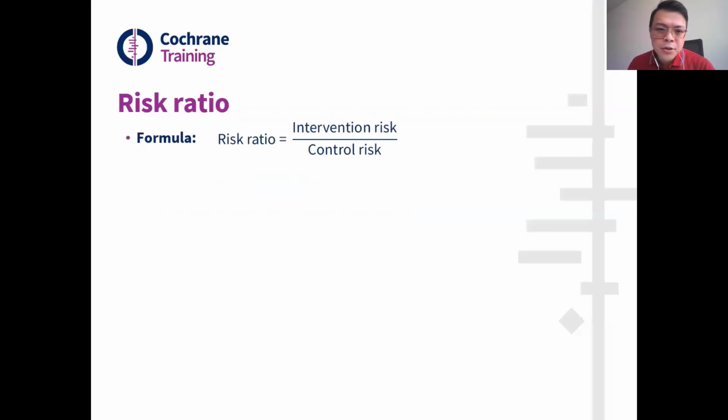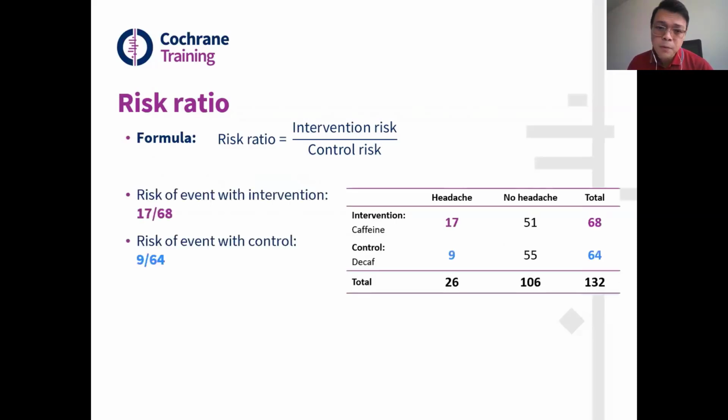So first is the risk ratio. The risk ratio is the risk of events in the intervention over the risk of event in the control group. And going back to our example, the risk of event with intervention is 17/68. The risk of event with control is 9/64. And the risk ratio is just the ratio between these two. So when we feed this into our formula, we get 17/68 is 0.25, 9/64 is 0.14, and we get a